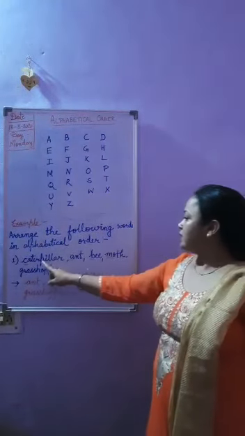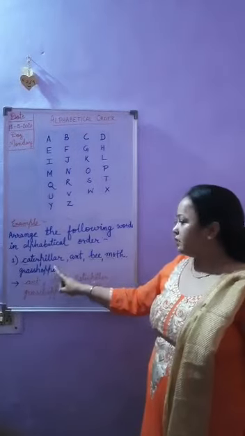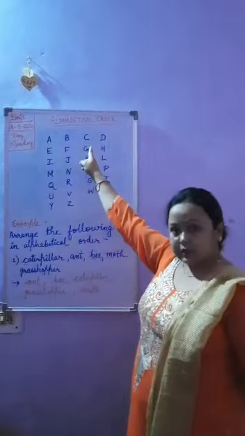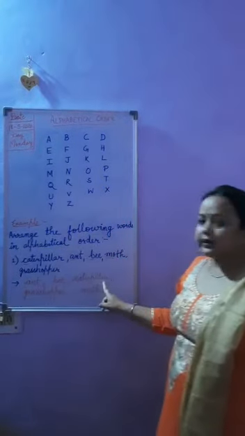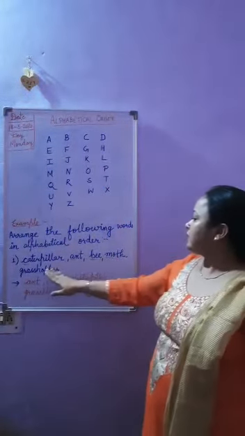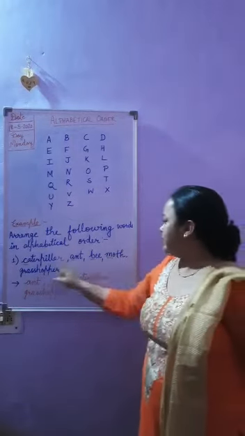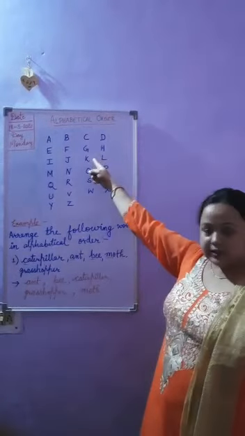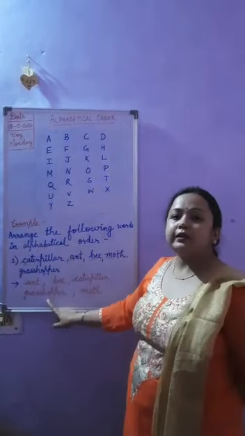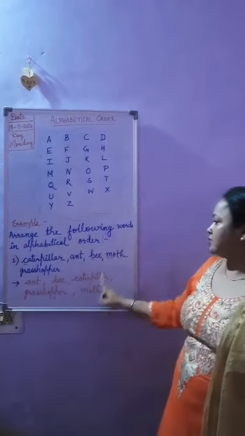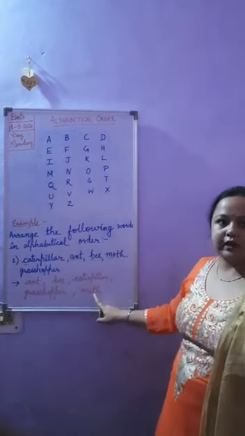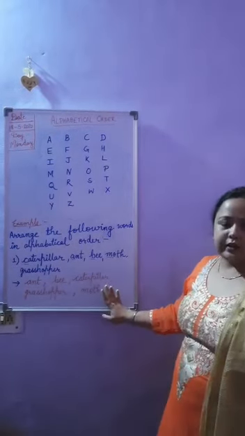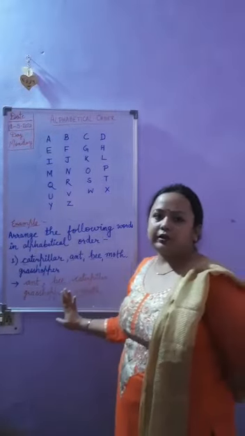Now, the same caterpillar, moth and grasshopper. Then, which letter comes first? C, M or G? C comes first. So, we will write caterpillar next. Now, next grasshopper and moth. G and M. So, which letter comes first? M or G? G comes first. So, we will write grasshopper next. And the last one, which is left, is moth. We will write that word. So, this is the arrangement of these words according to alphabetical order.